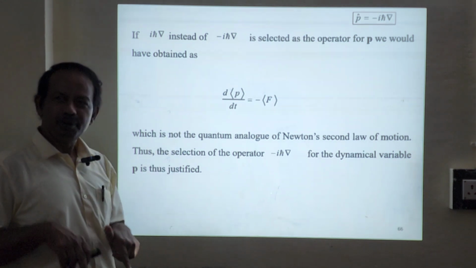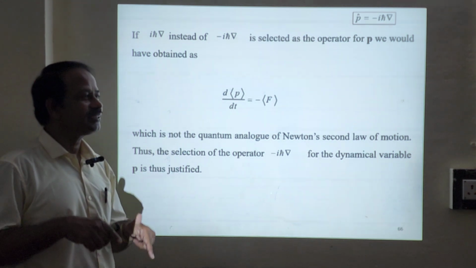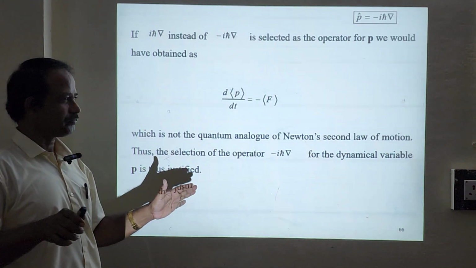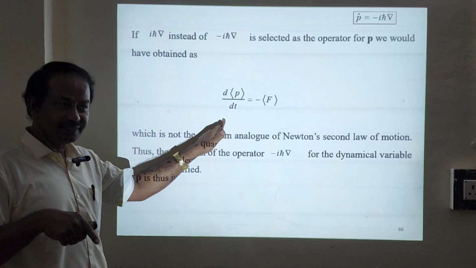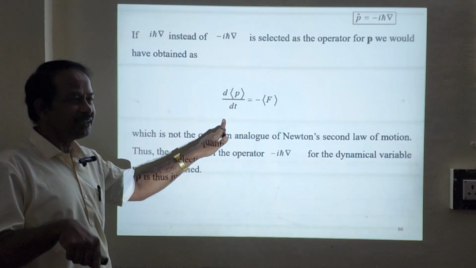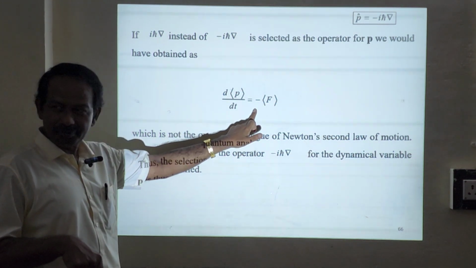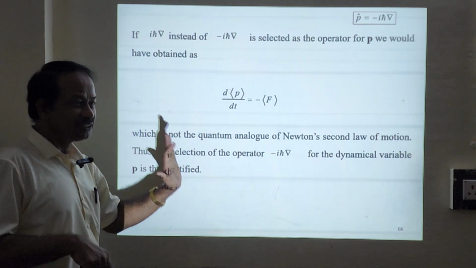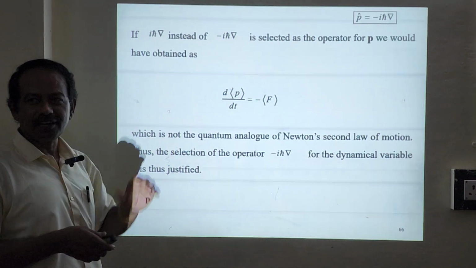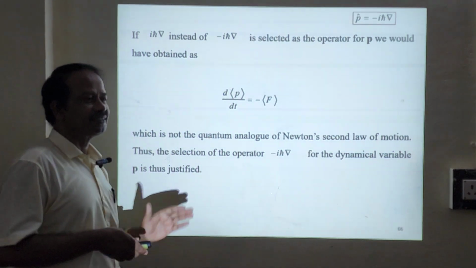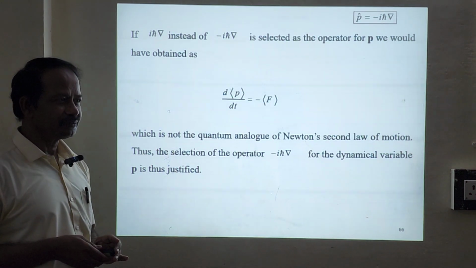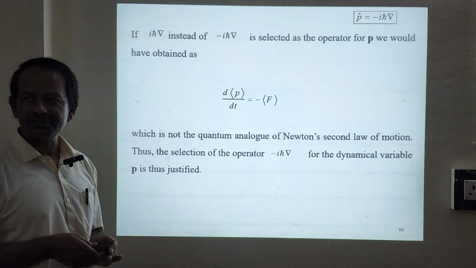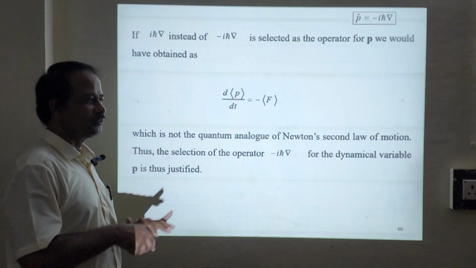So that's the reason p will always have minus iħ del. Is it okay? Suppose p equals plus iħ del, you will get F equals minus dp by dt, which is wrong, which is meaningless. That's the reason that always p equals minus iħ del. So this slide says that the momentum operator p equals minus iħ del. So that is the end of